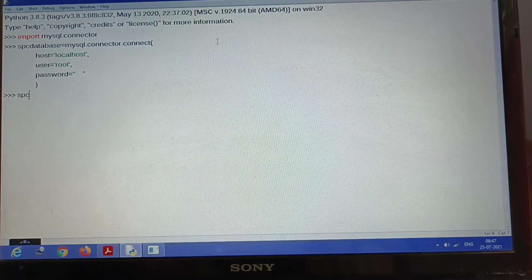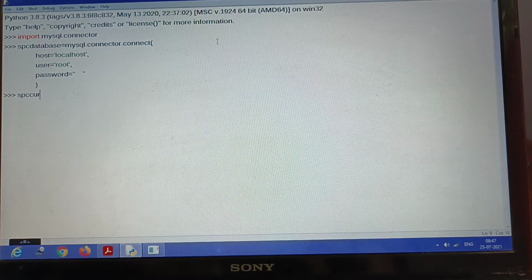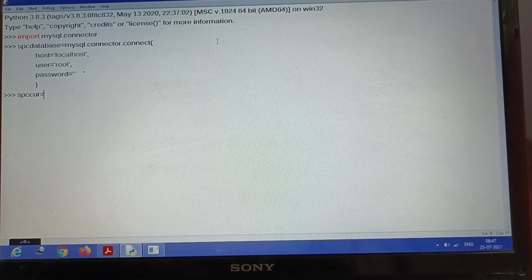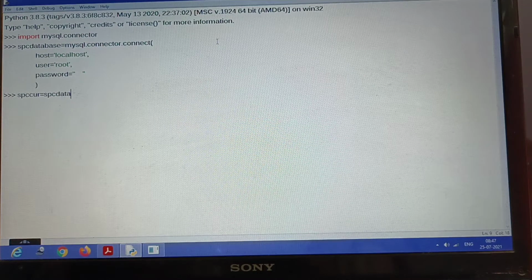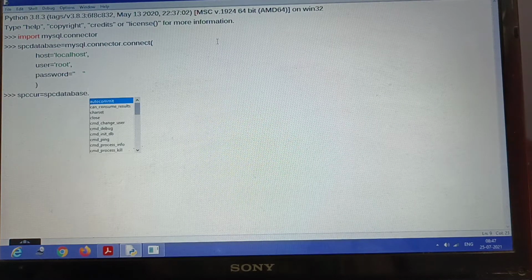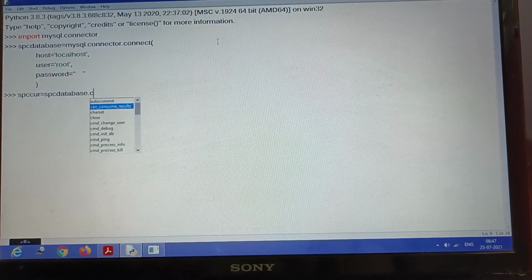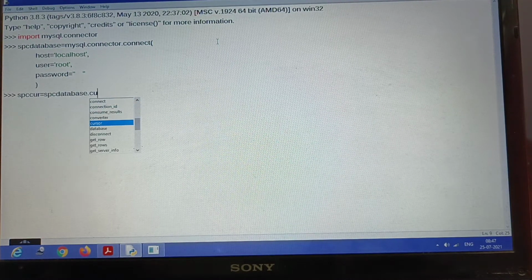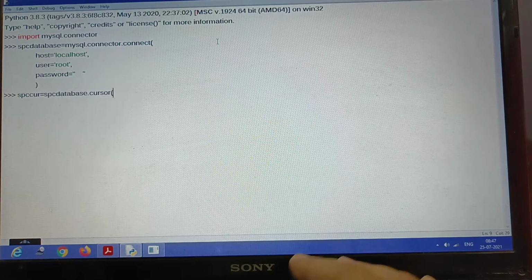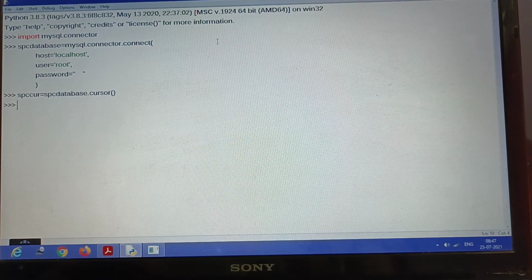So let's see. I'm giving a name to this, SVC car, equals to SVC database. Remember, SVC database is the name of the actual connection, SVC database dot cursor. You see that automatically it is giving me a suggestion, so I'll be selecting the cursor method here, and it's set to go.